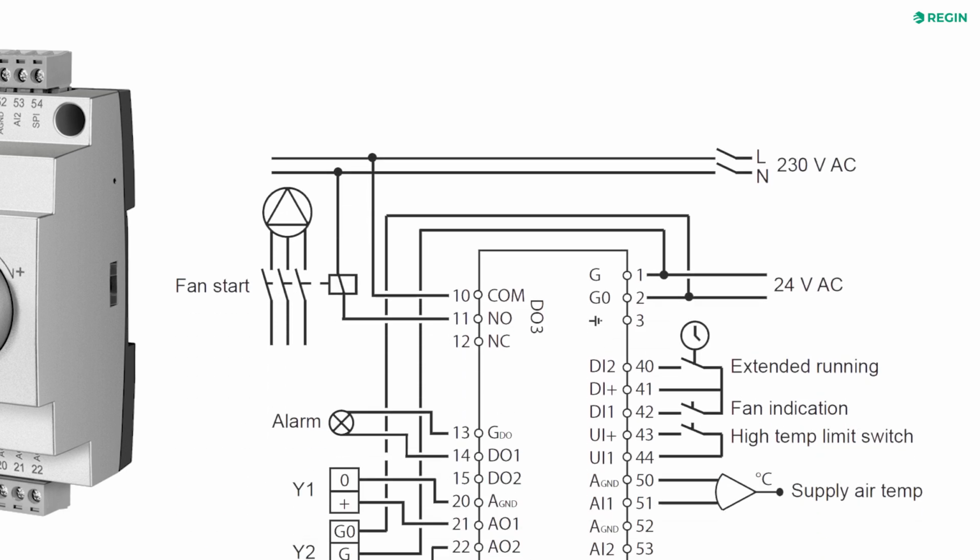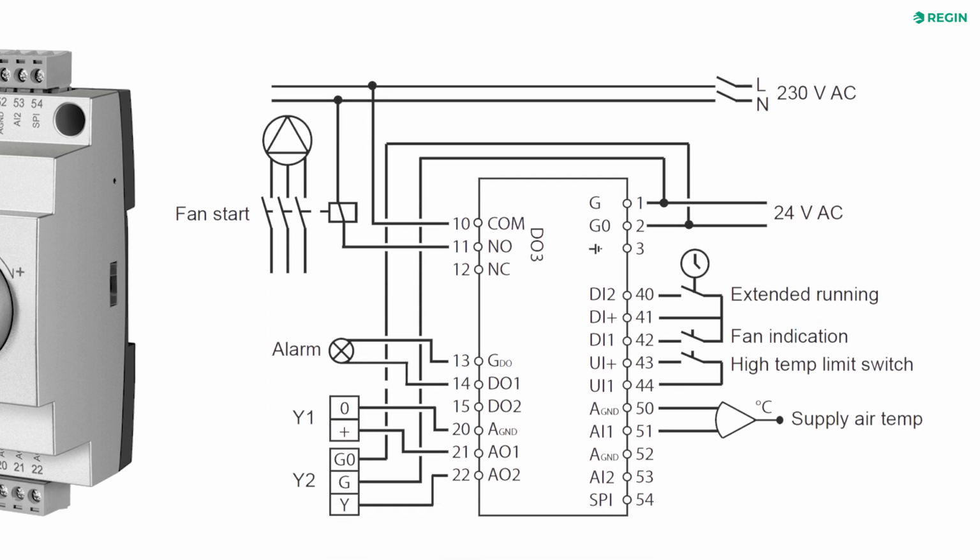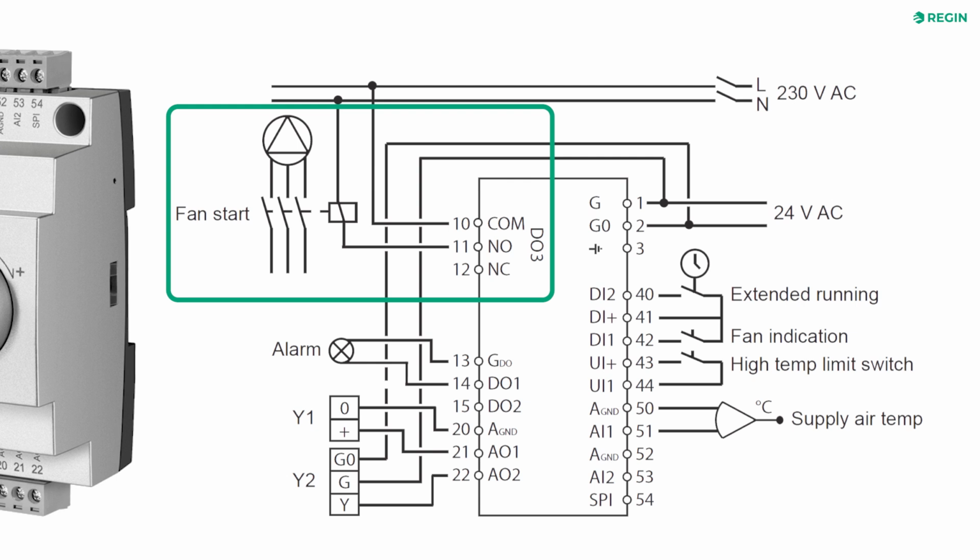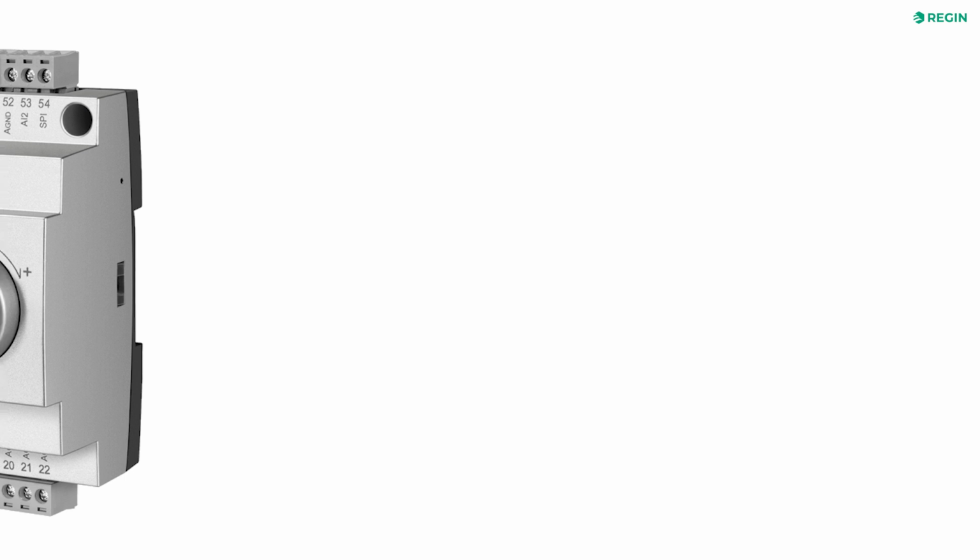Please note that in Control Mode 1, the program uses digital output 3 for fan start. The input for fan indication, digital input 1, must be connected and follow the fan output. In other words, if the output closes, the input must also close, or an alarm will be triggered. If there is no fan to start, the simplest solution is to use a relay on digital input 1, which closes when digital output 3 is active.